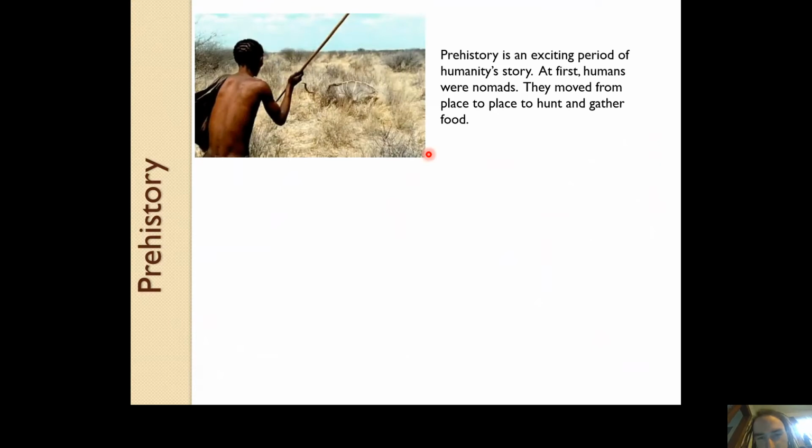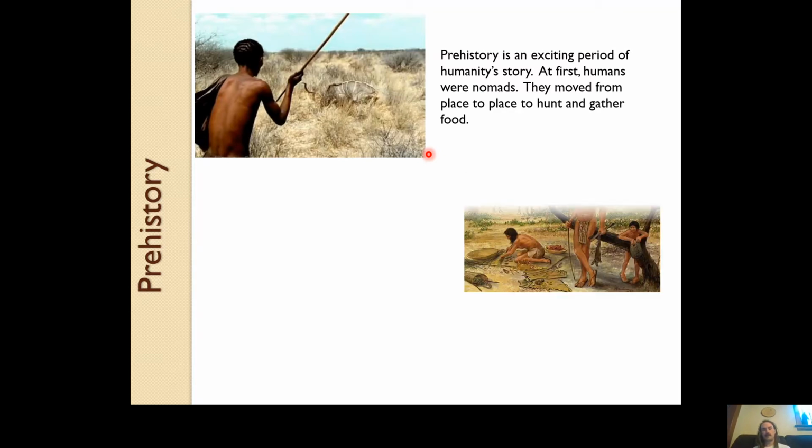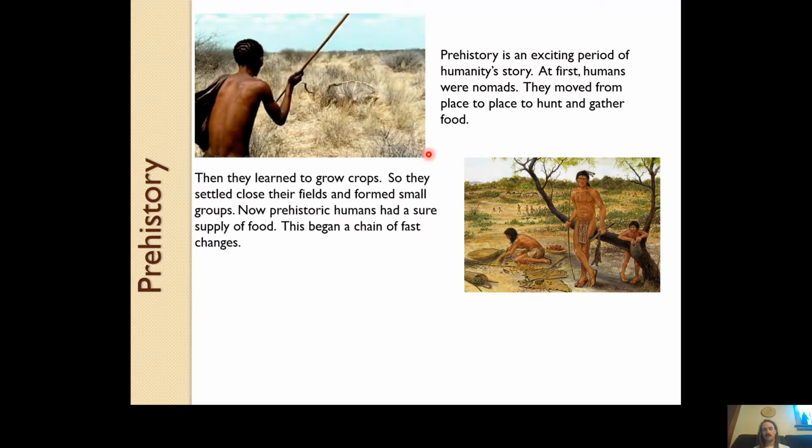Prehistory. We talked about this the other day. Prehistory has no writing in it. People were initially just nomads living in tribes, much like those tribes I talked about that are still living in the Amazon, and some of them are in South Africa and other places in the world as well. Those are just two examples. They would move from place to place. They would follow the herds. As the herds migrated, so would humans.